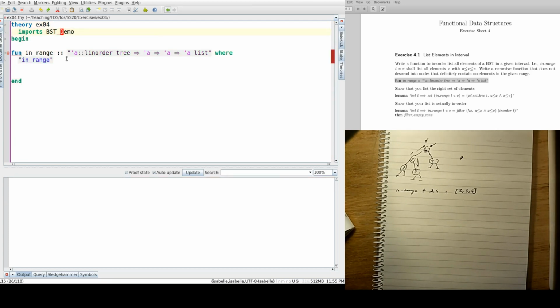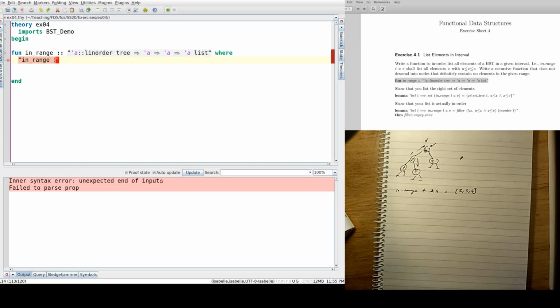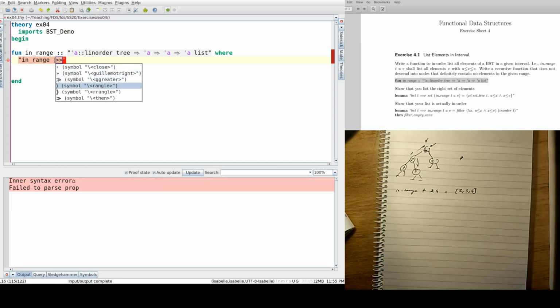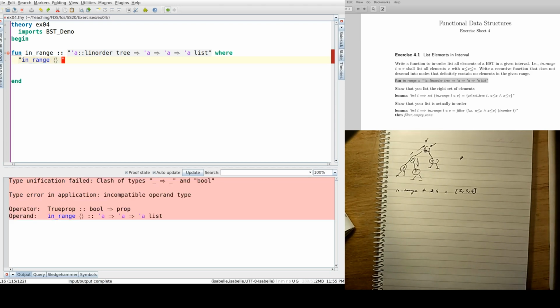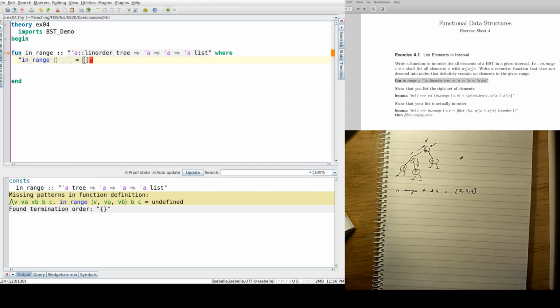Okay, we have the file now, and accordingly we have the type. So let's see what's going on there. So in range of the empty tree, and any two things should be the empty list. Okay, and after that we have